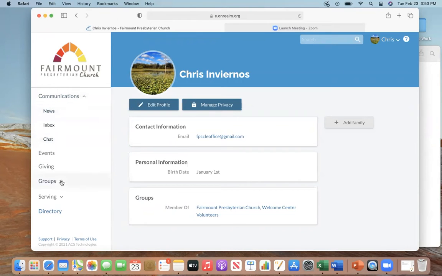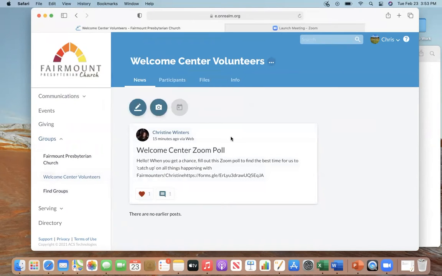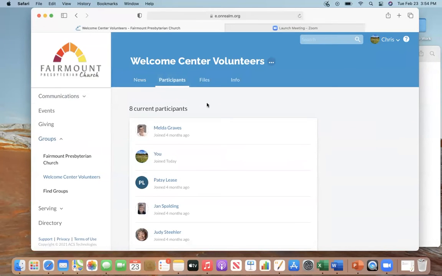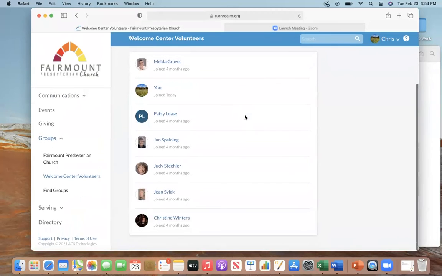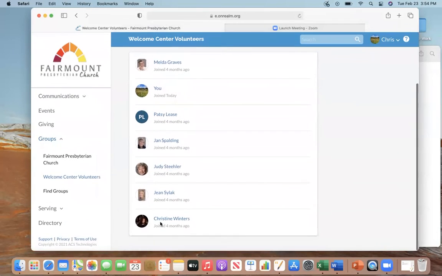Now, if I drop down to groups, I can find that Welcome Center volunteers group and click that. Well, the first thing I see when I go into the group is the news feed. So anything that any of these members post onto the news feed is going to show up here. Within my group, I can click on participants. And this shows me my 8 participants in the group. And I can click on any of them